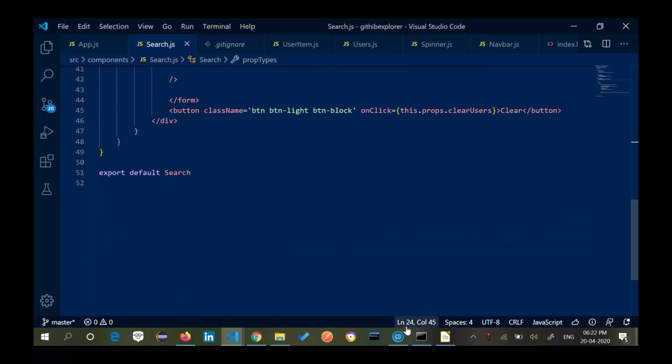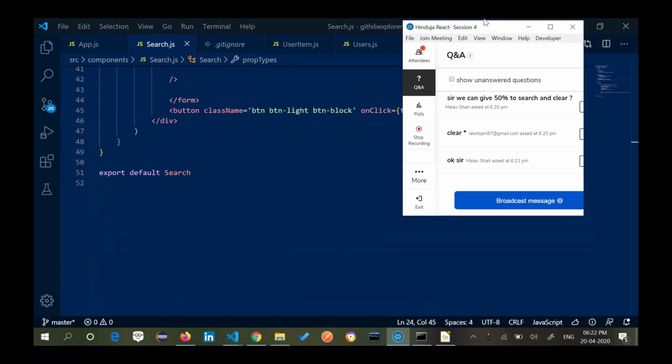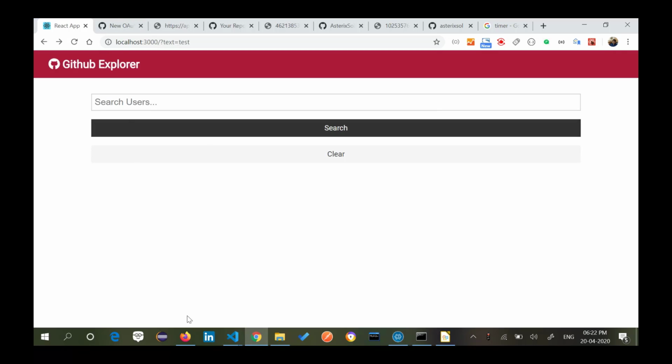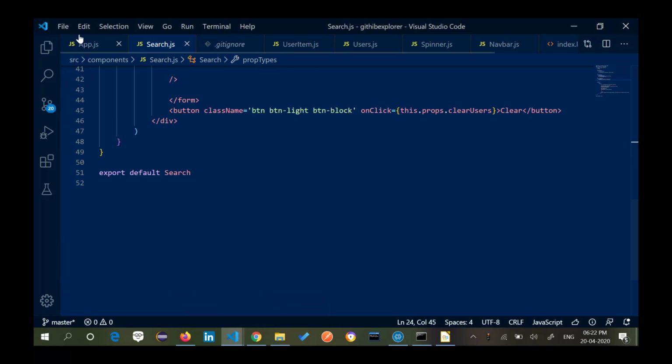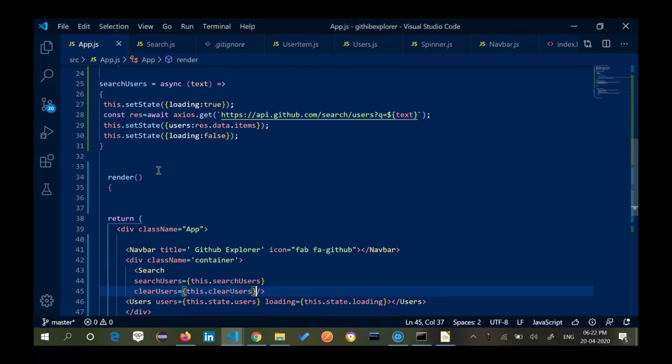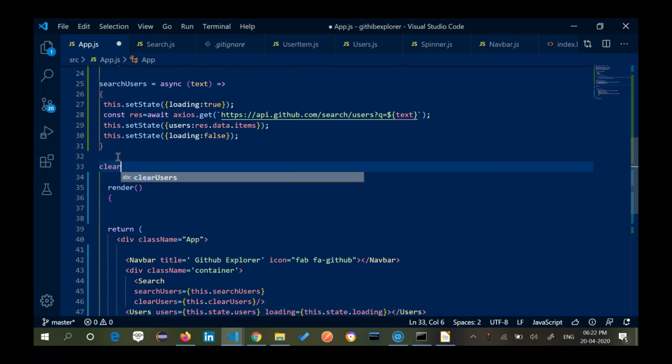Are you getting this? I am defining a method now and I am passing that as a method. So button, className btn-light btn-block, onClick is equal to this.props.clearUsers. So I have created a clear button, and so far I am not doing any process on it. The process will start when I go to my App.js, and here I will have a method by what name? clearUsers